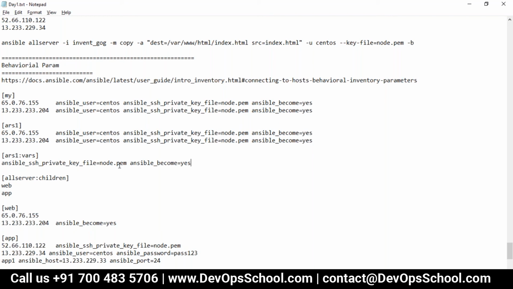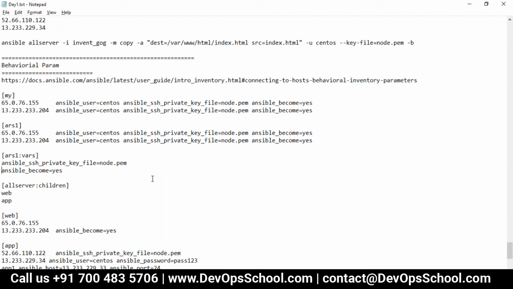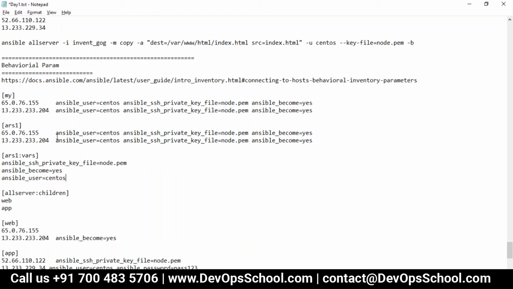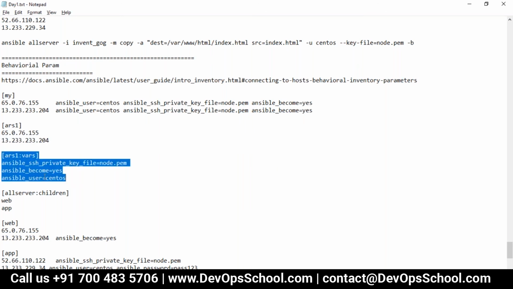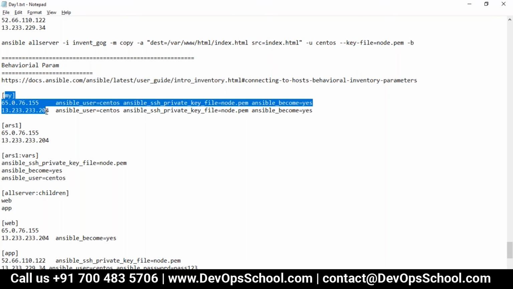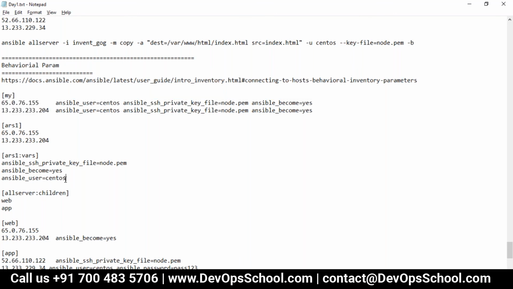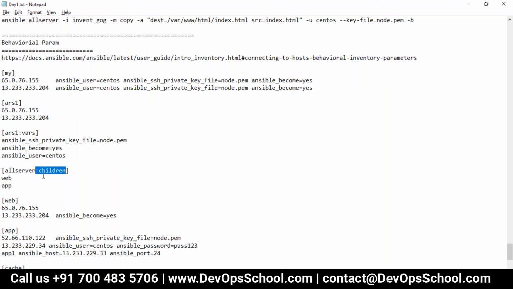So guys, here the username is this one. Now I don't have to declare repetitive information here. Ansible gives you so much flexibility. See here, either you write this way, that is okay, or you write this way, that is also okay. Here, this is all variables, set under the ARS1 vars key. Remember, vars means variables, children means group of groups, don't mistake.